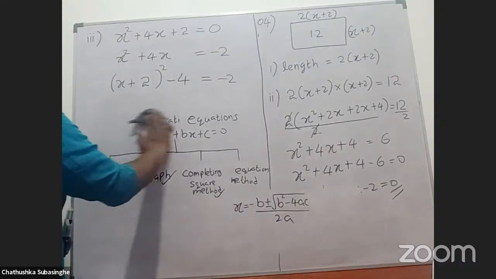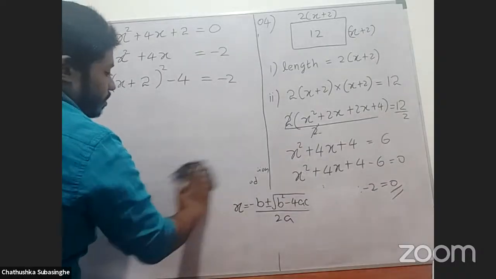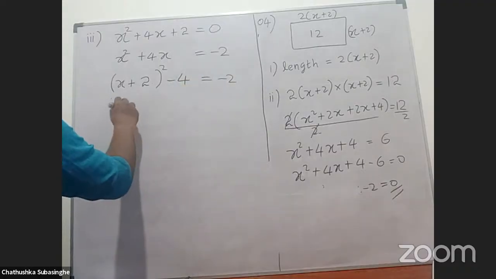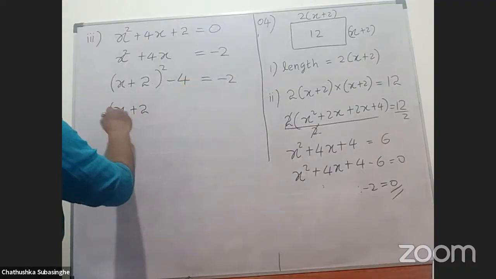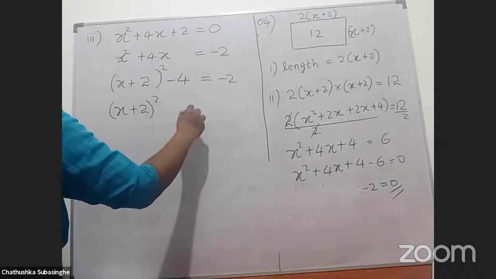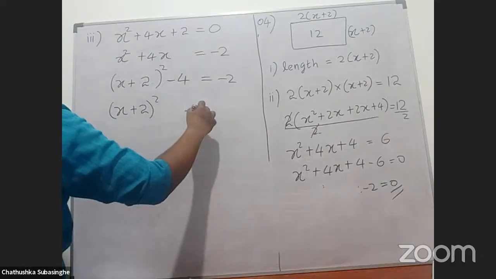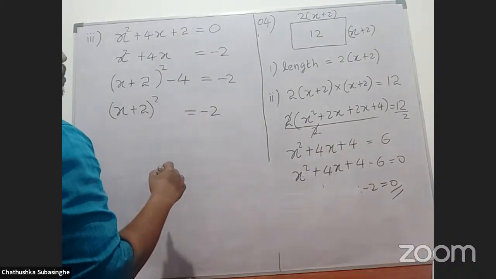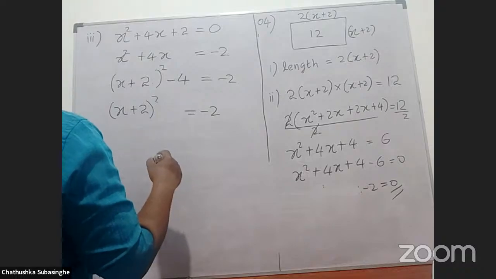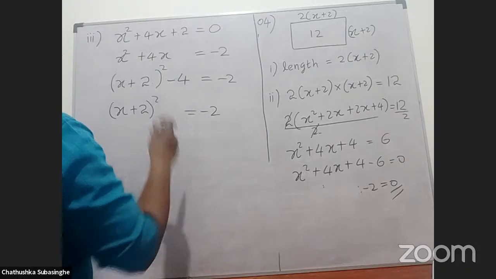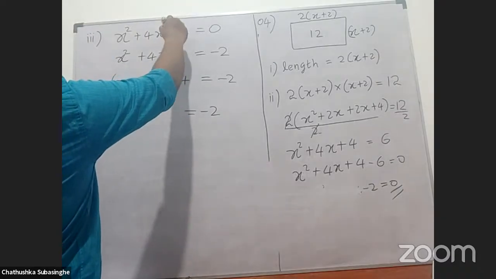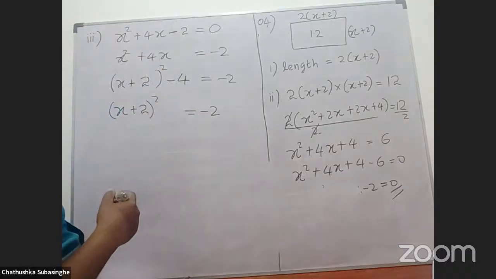Now, what we are doing is sending this minus 4 to the other side. So we have x plus 2 to the power of 2 equals, sending this minus 4 to the other side, it becomes... Students, I have made a mistake. In the question here we have a minus. I hope no one didn't notice it. Right? In the question